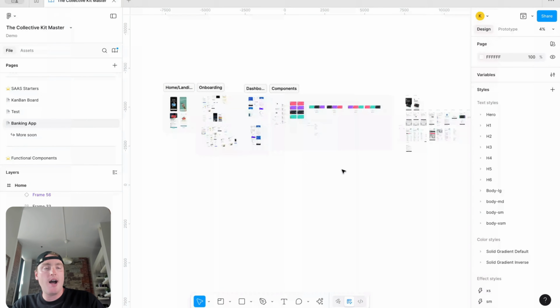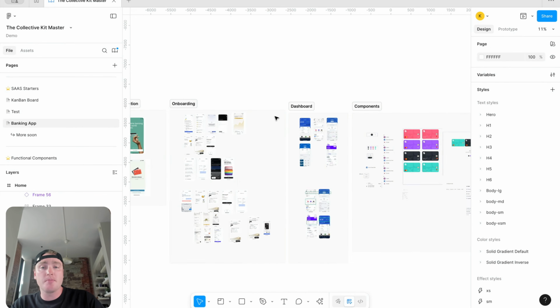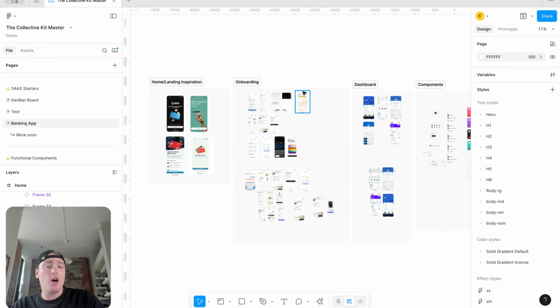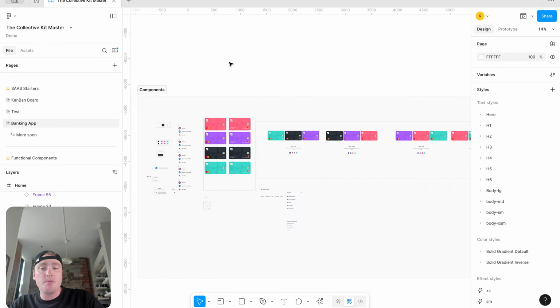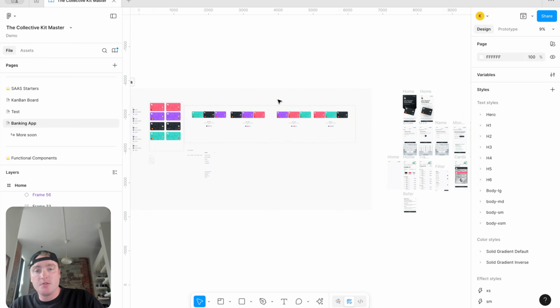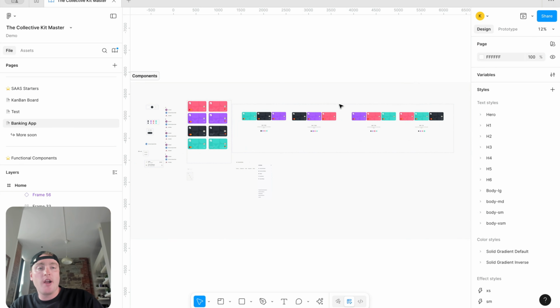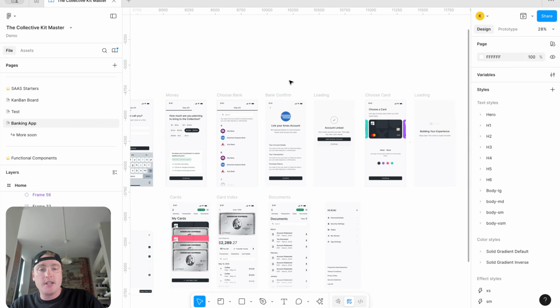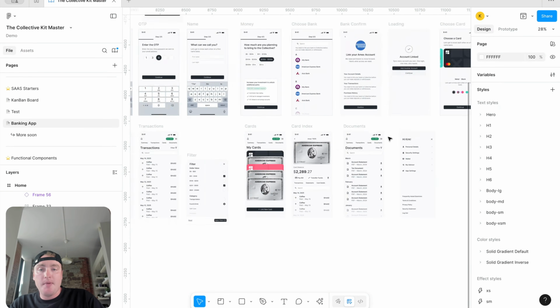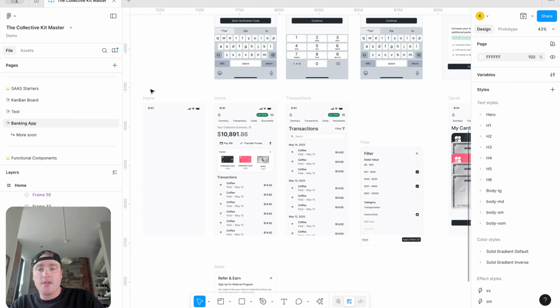So there we go. There we have an application that we can use for ourselves, for a client, or even bring into our own portfolio as well. We've done some great research, again, using Mobbin for home landing page, onboarding, dashboard, and some other pages as well. Also, we've built a number of components that we use in our applications, including some complex smart animate logic. We've built the screens for that as well. So the homepage, all of our different onboarding processes,